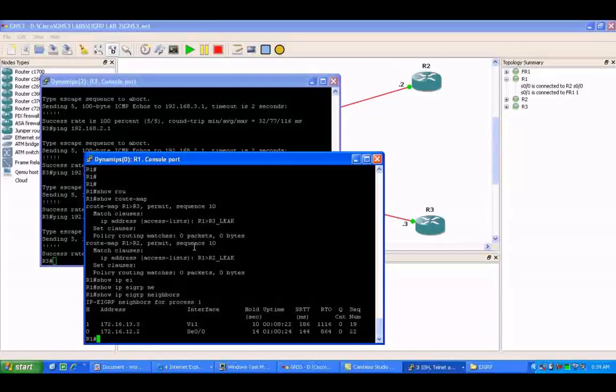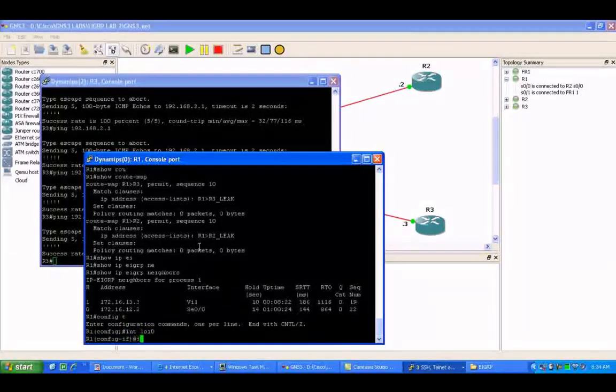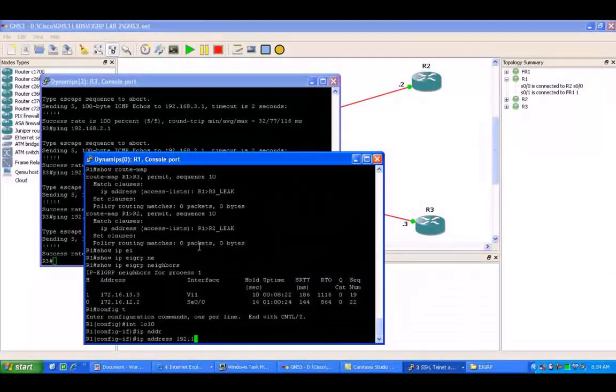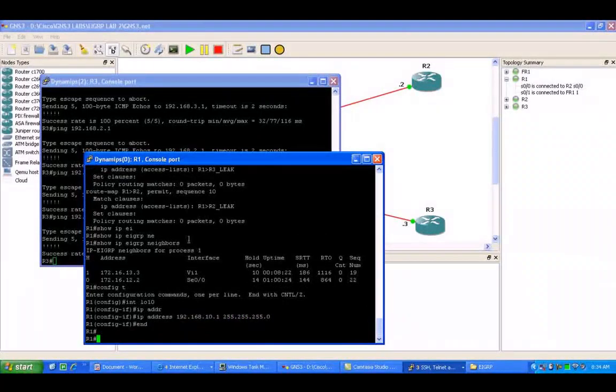The last thing I wanted to do in this lab is to show you how to inject a default route into the EIGRP domain. We can do this by using the summary address command. We'll create an interface loopback 10 with 192.168.10.1 and the /24 subnet mask. Now we're not going to advertise this into the EIGRP domain, but what I'm going to show you,